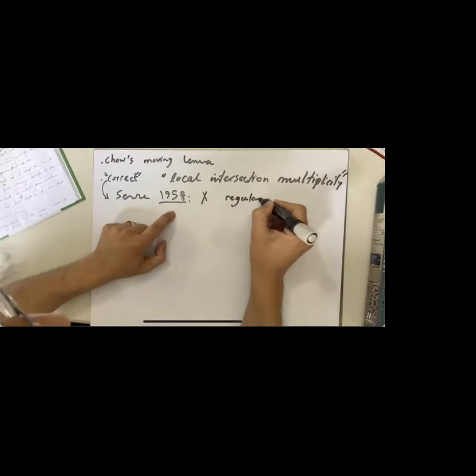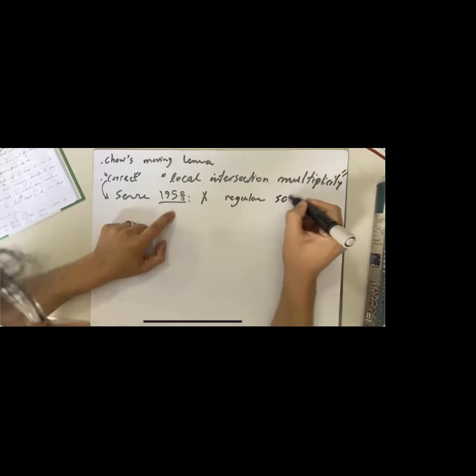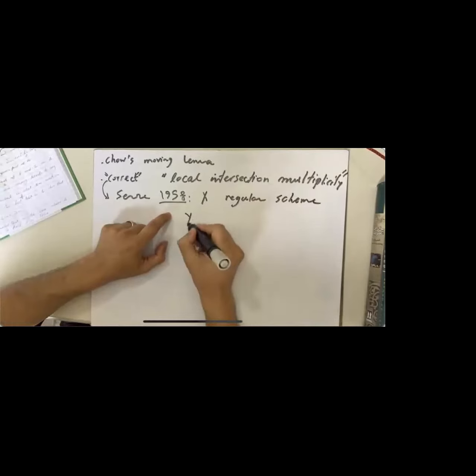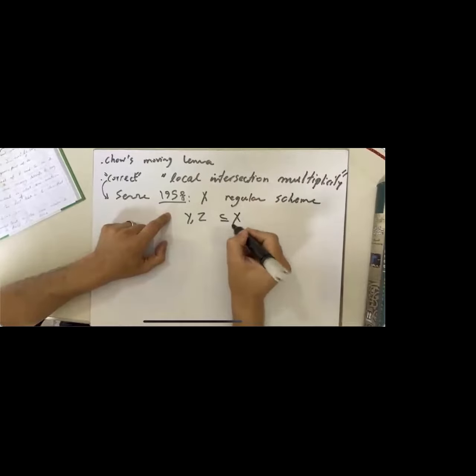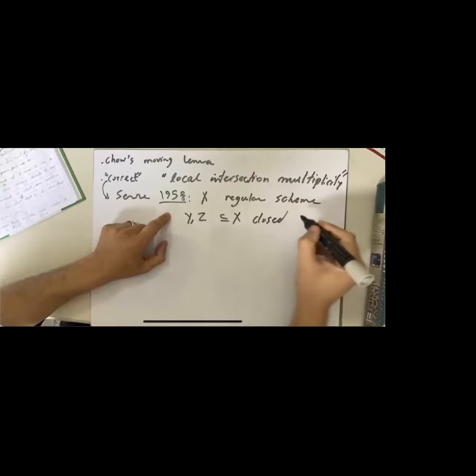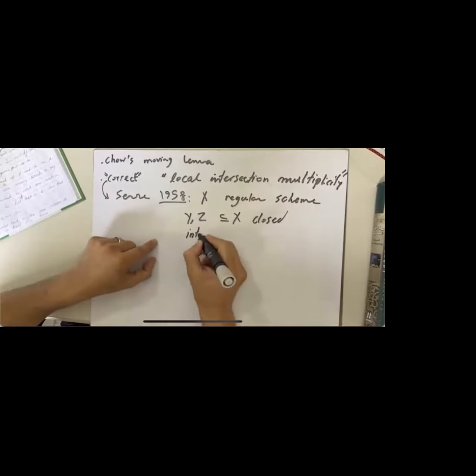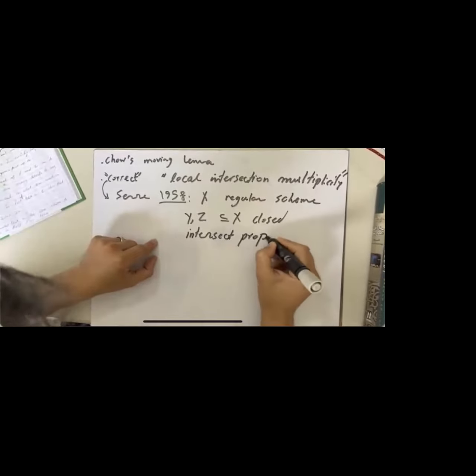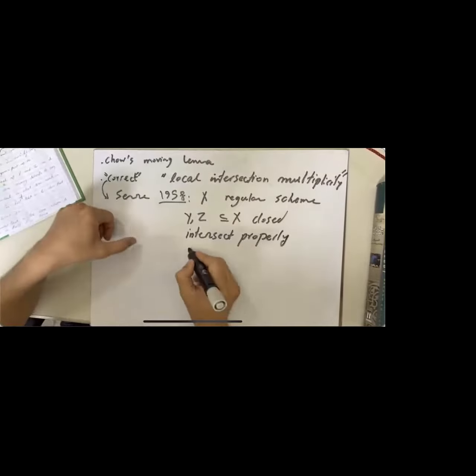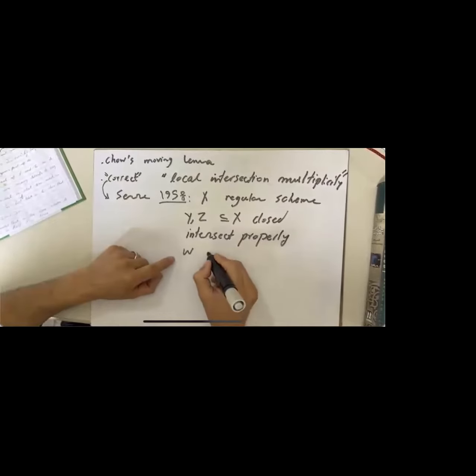You can take any smooth variety if you wish. And let Y and Z be 2 closed subschemes of X that intersect properly,